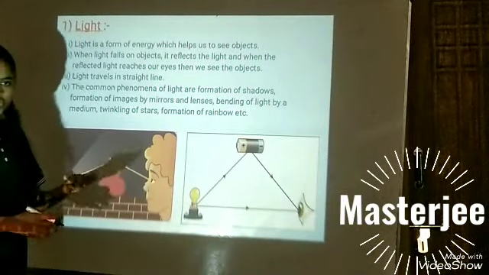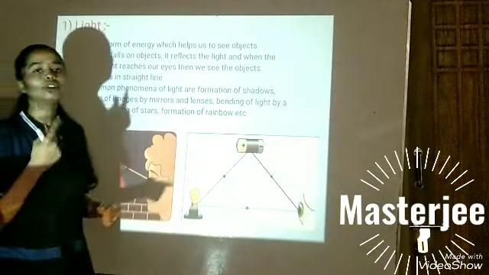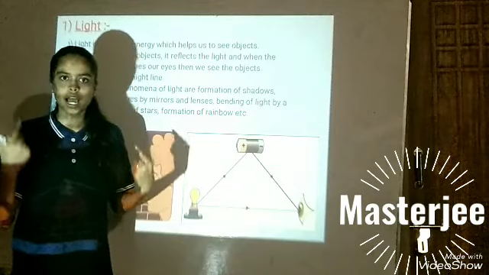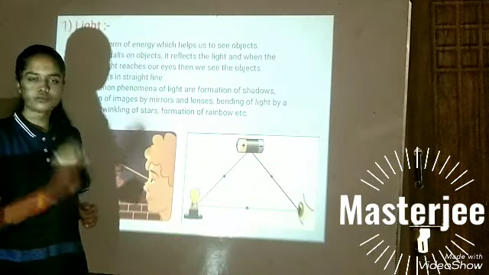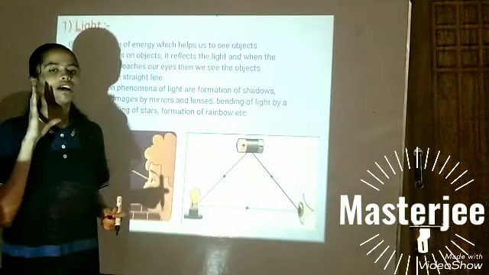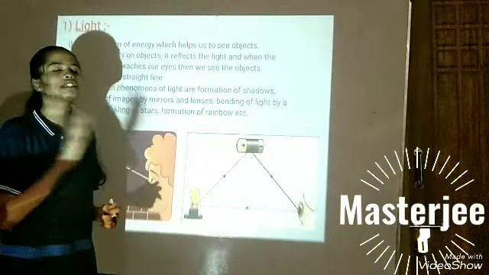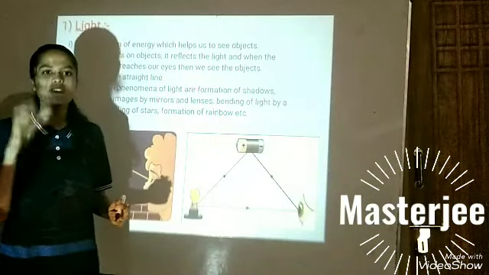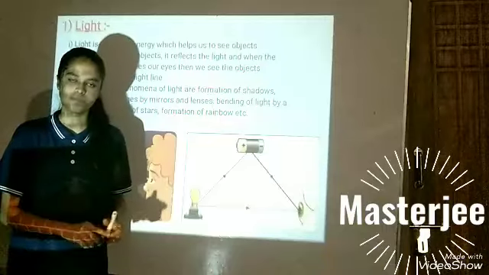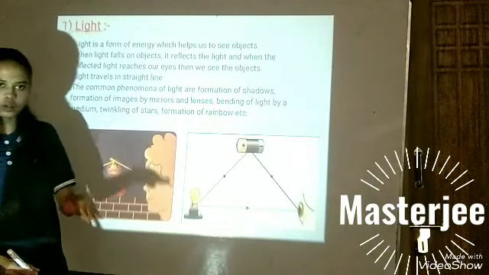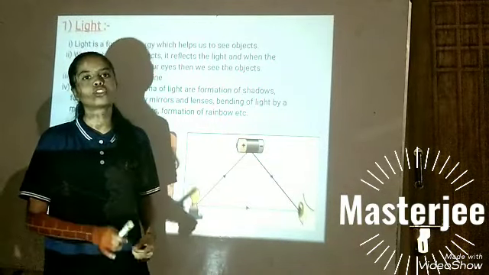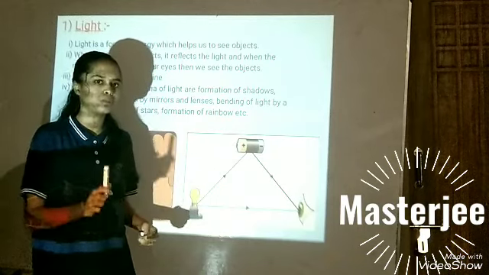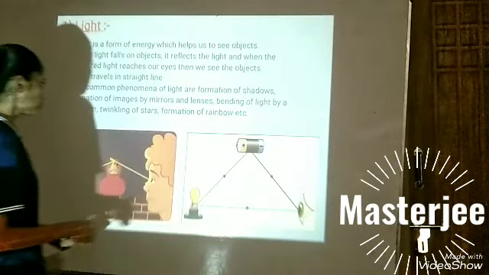When light falls on the object, it gets reflected back, and those reflected rays enter through our eye, which makes the object visible. Most of the objects in the universe are seen by our eyes with the help of irregular reflection. Reflection is of two types, regular and irregular. Most of the visibility of our eyes is caused by irregular reflection.